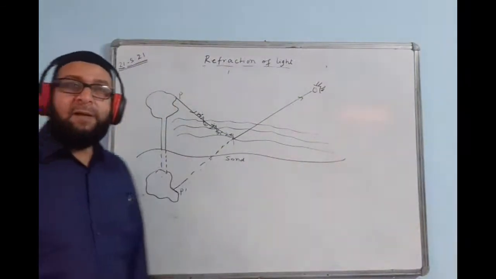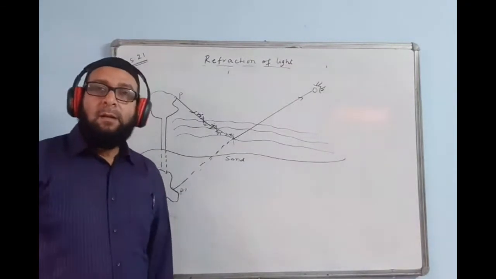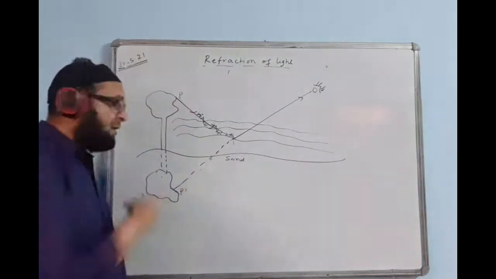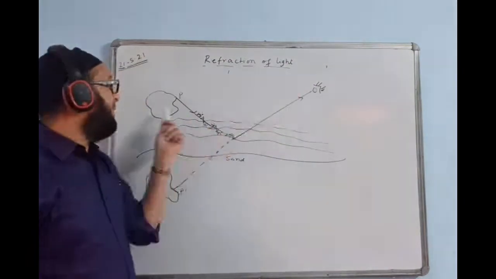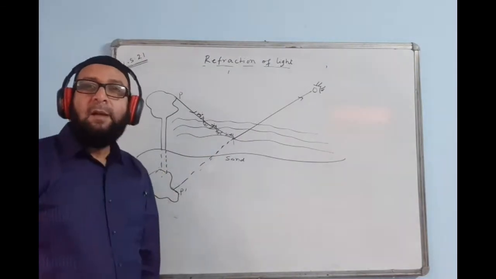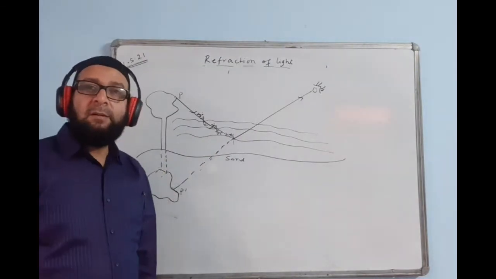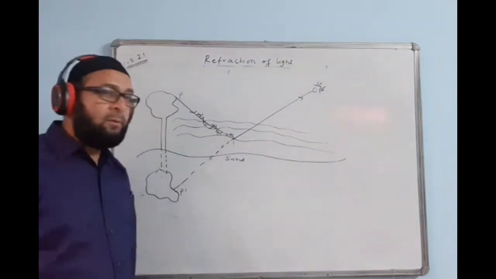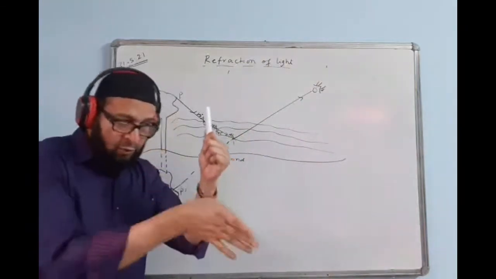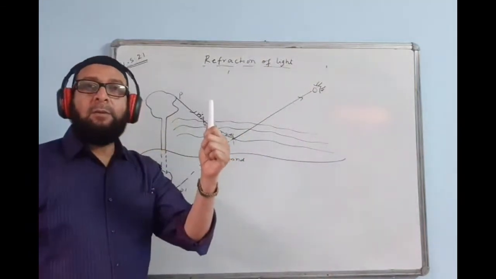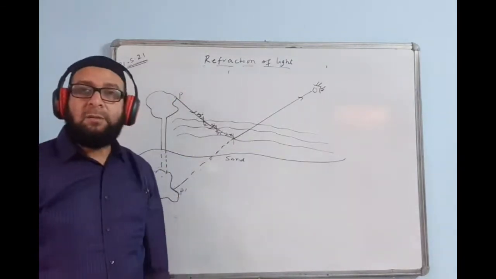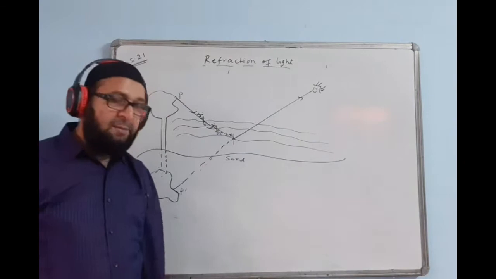In a plane mirror, when you stand in front of a mirror, you see your face, your image behind the mirror. Like this, the person will be seeing the tree's inverted image over there. This creates an illusion in their mind that there is surely water, because if a tree is standing near water and you look down there in the river, you see the tree's shadow will be upside down. There will be an inverted shadow of the tree.